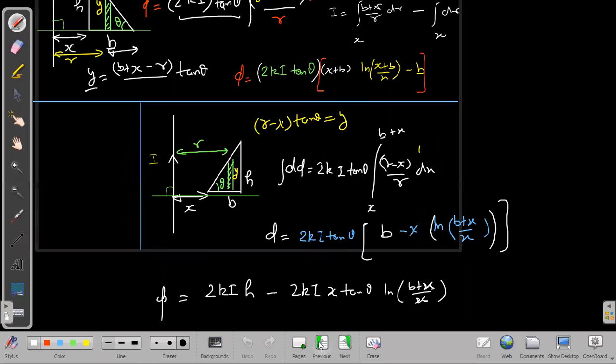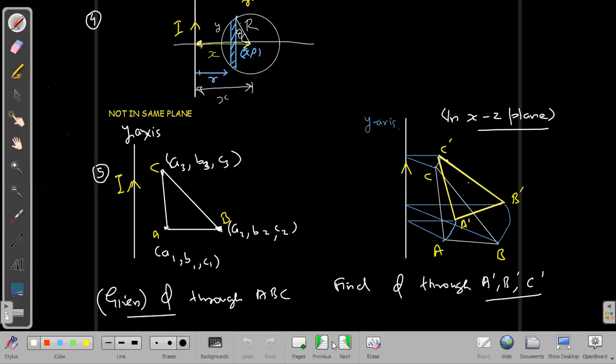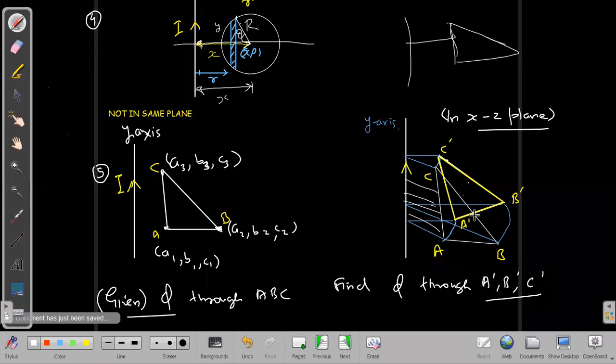Then we can see some other questions. In the last question, let me clarify at least what I wanted to tell in that. Some question can be framed in such a way that there is some triangle. If I take every point on it and rotate it, although that will not form a triangle, it will give us some other shape, probably, whatever shape finally forms at ABC. If I rotate all these points, transforming them into one plane, then the flux obtained through this and through that will come out to be same.